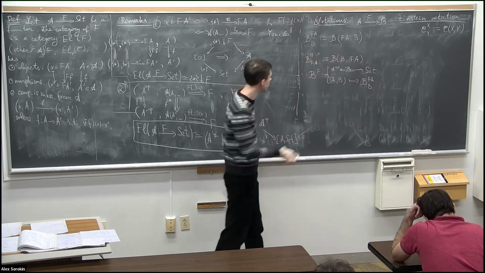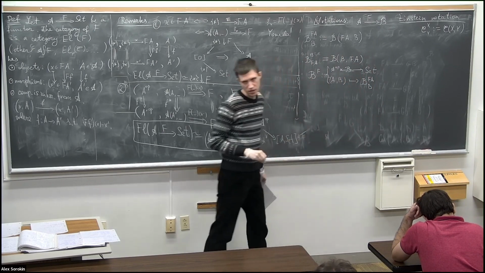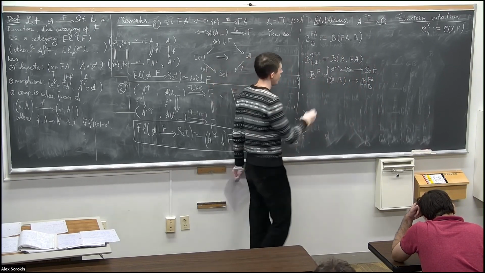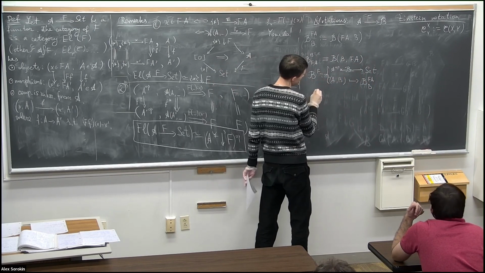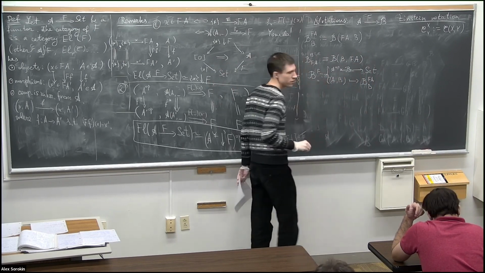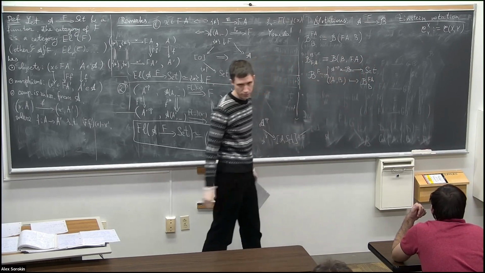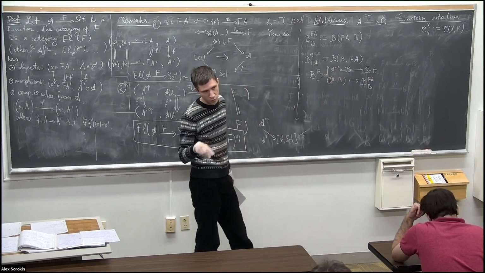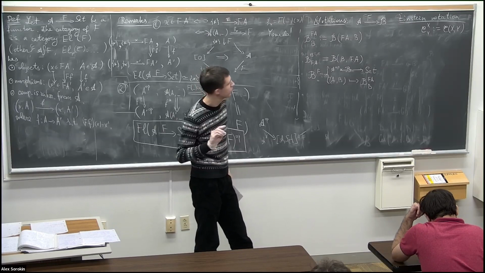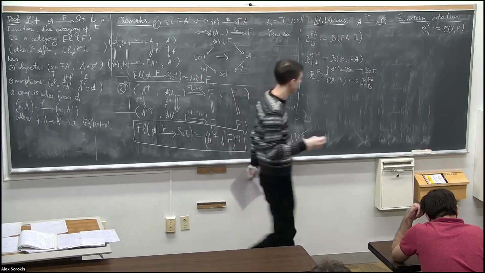So this thing is a bifunctor. It has two variables. One variable is being weighted by f, another is just hom component. Of course, you can write this thing as a composition of Yoneda and F op. So B